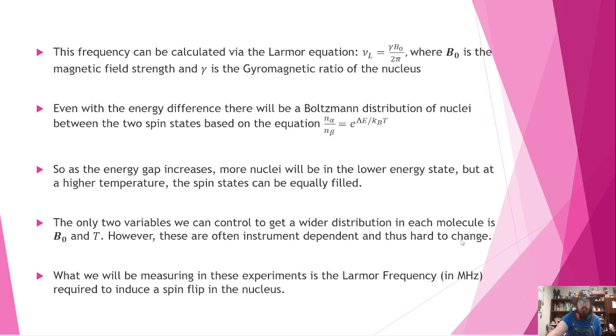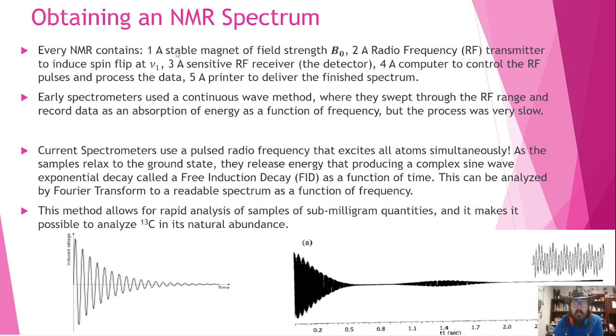And so largely what we will measure in these experiments is what's called the Larmor frequency in megahertz, which is the energy it takes to induce a spin flip in the nucleus. So we're going to excite all the atoms into the high energy state and let it decay back down to its normal distribution. So every NMR contains one, a stable magnetic field of strength B0,